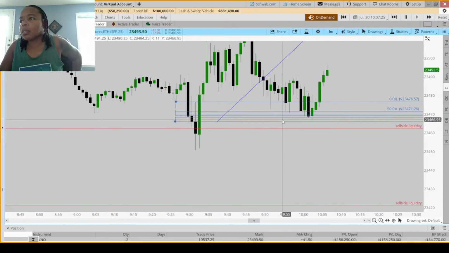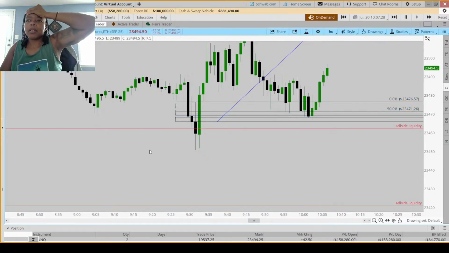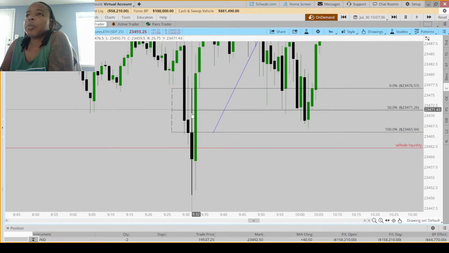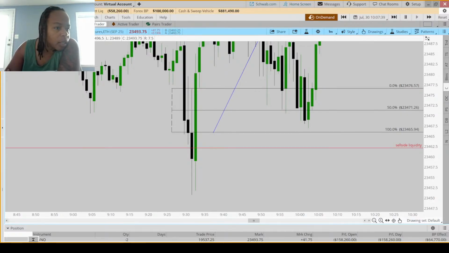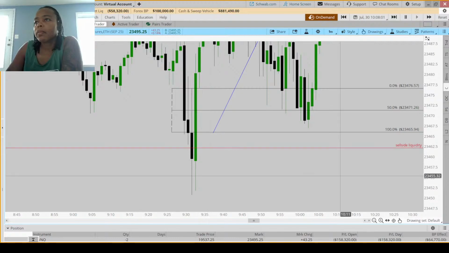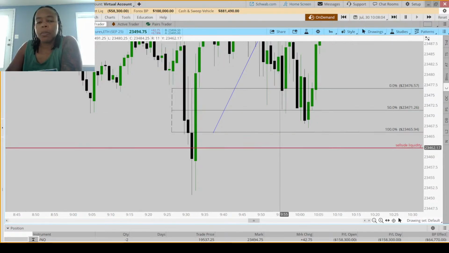But for the wick, let me take everything else off, just to see what would have worked. So 50% of the wick, would my stop have withstood that? Because my stop never changes. It's 37 ticks. I find that every time I try to adjust my stop, it goes badly. Yeah, my stop would have been down here. So if I'd taken it here, my stop would have been down here.